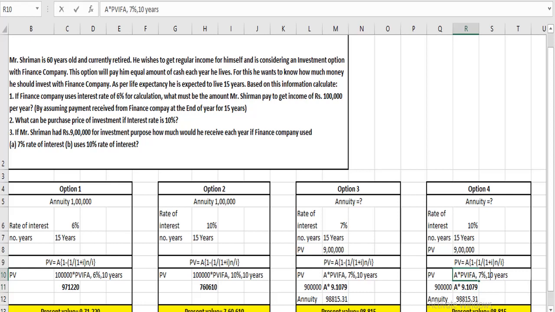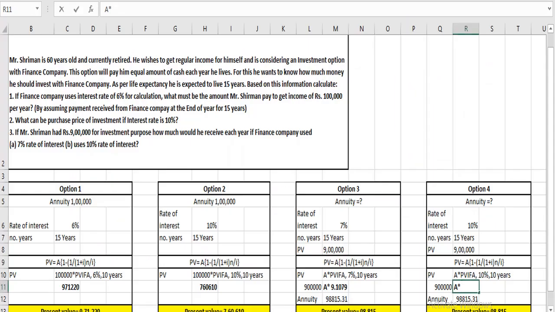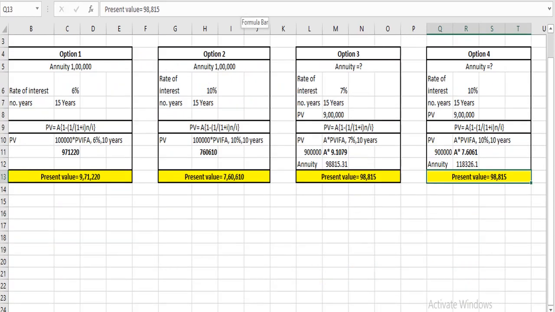So we use the present value annuity table, 10% and 10 years factor, and in place of annuity we'll write A, and the present value factor is 7.6061. So to get the annuity, we divide 9 lakh by this factor, 7.6061, and every year Mr. Shriman can generate